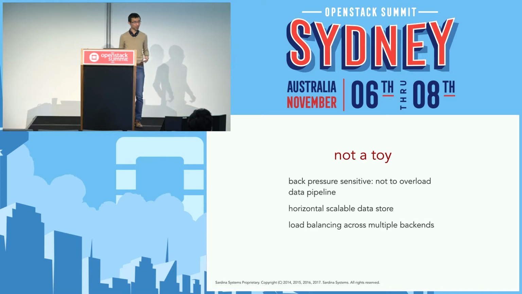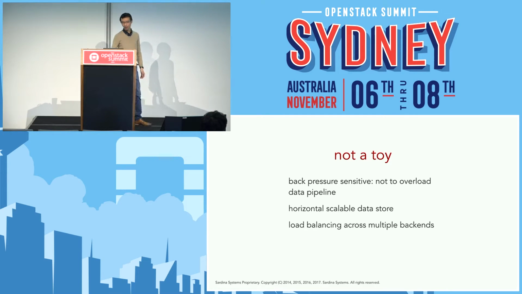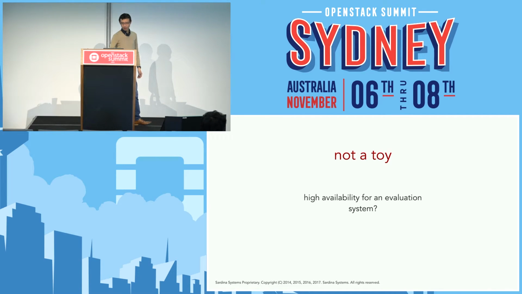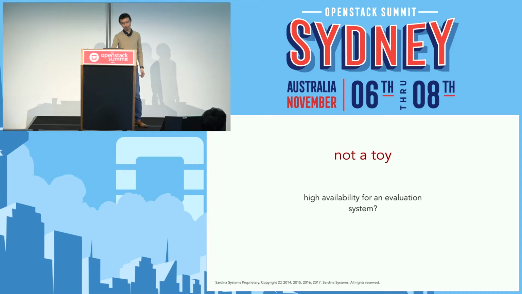So the ideal situation would be, well, if it's not fast enough, ring up the hardware vendor. When the server arrives, plug the server in, rerun our deployer, because this thing is stateless, rerun the deployer, bang, the whole thing rebalances itself. That's what we should aim for. And as I mentioned, HA for an evaluation system, non-trivial stuff.